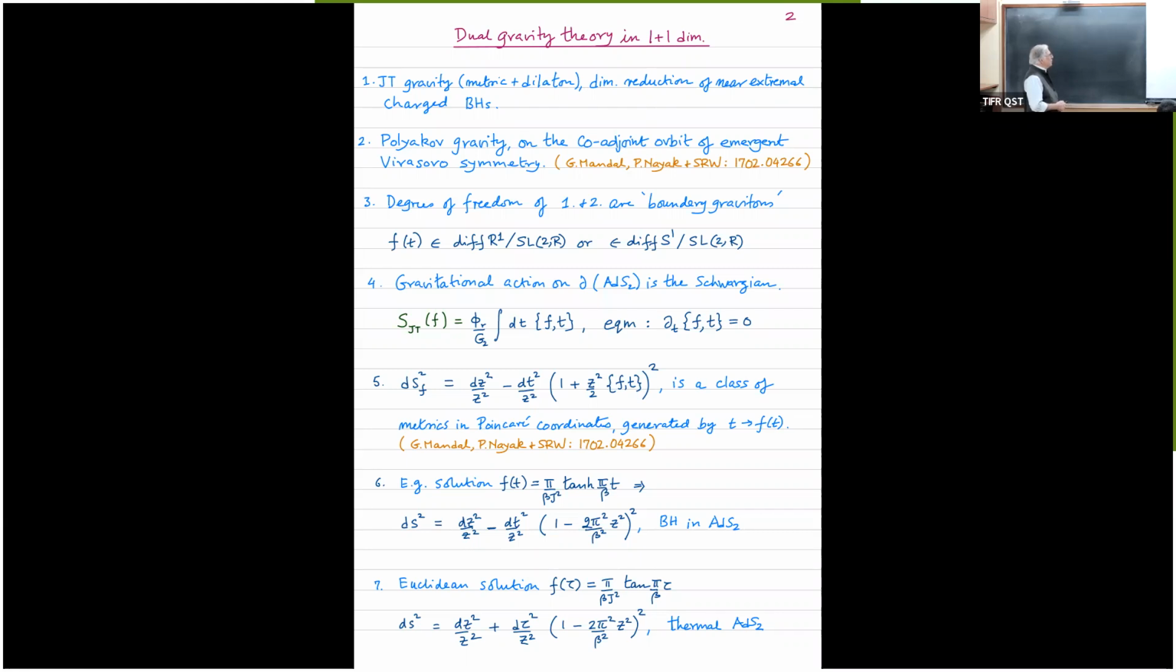There are other two-dimensional theories of gravity which we had studied using the method of coadjoint orbits. In both of these theories, the low-lying degrees of freedom are identical to this SYK. That is why this stuff is called interesting. And there is a formula then given if you solve the dynamics of the function f of t. There's a formula for the metric